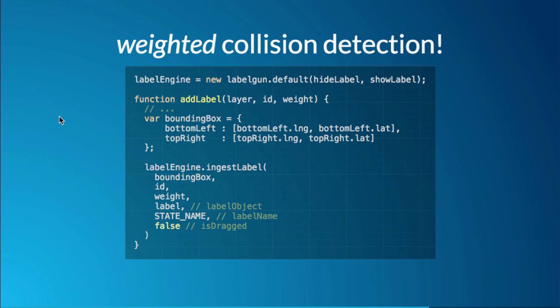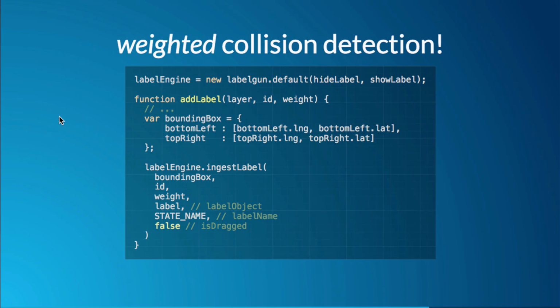And for that weighted collision detection, the way it works in applying it to the feature layer, we need to create a bounding box for the whole label because the labels aren't all the same size. A big label's going to collide more frequently than a small label. So we define that bounding box and then just ingest individual labels into the engine with the corresponding rank